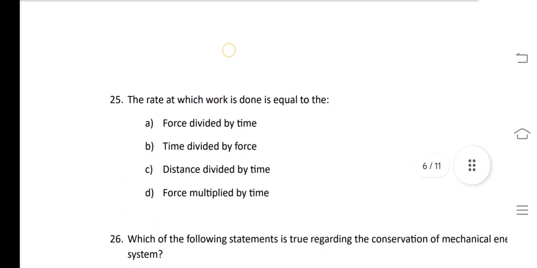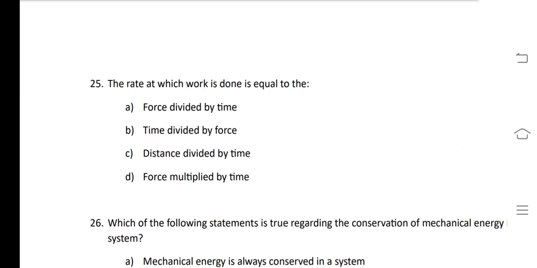Our next question is, the rate at which work is done is equal to work upon time. That is work upon time,